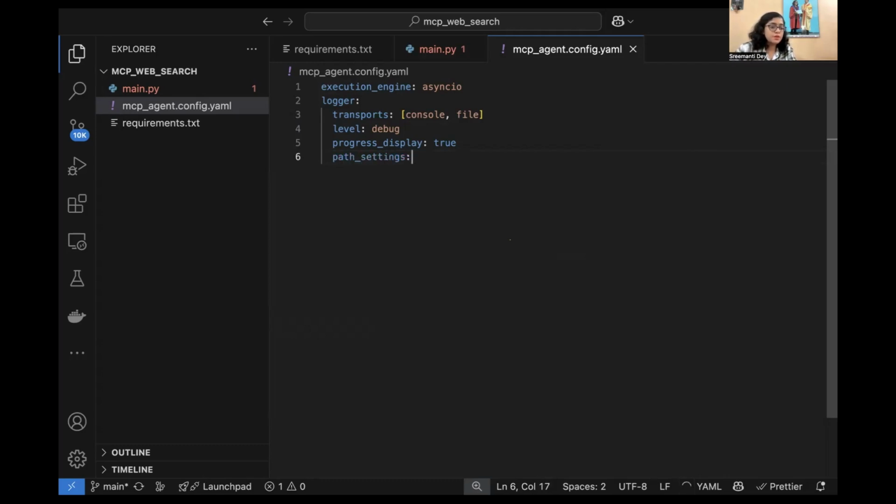And path settings is going to be basically path pattern. That would be: put everything into a logs folder, make the logs folder and put everything there. So mcp-agent, and then whatever unique ID, because you might need to run it multiple times. Unique ID.jsonl, and we'll need the unique ID to be the timestamp. Always the best idea. That's it, timestamp. Exactly. And timestamp format would be,